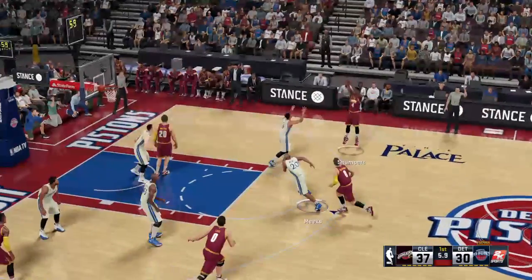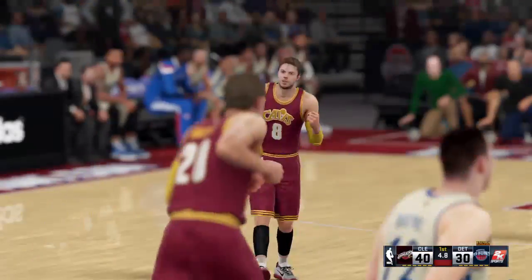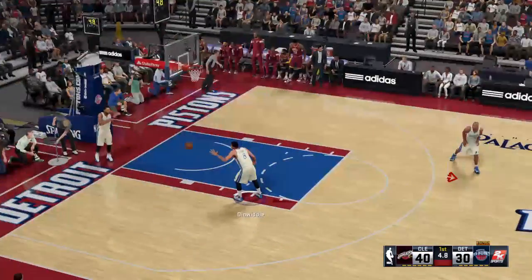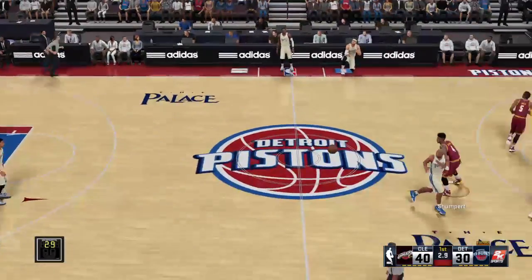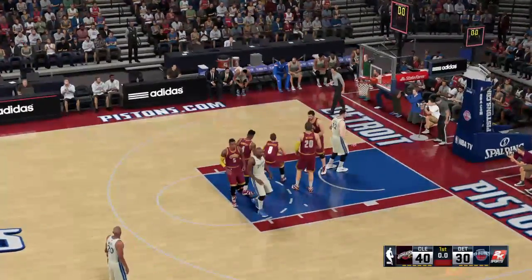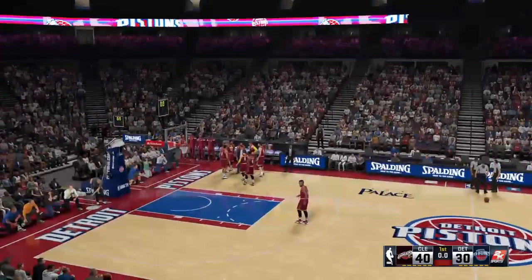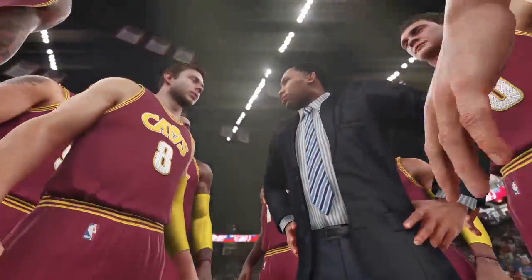Outside Shumpert. Drills it from outside. And the Cavaliers lead by 10. And really, that's what built the early lead here. Killer shooting from beyond. And the defense needs to recognize that and get to the shooters. It's imperative that they get a hand up. And as we conclude the first quarter,